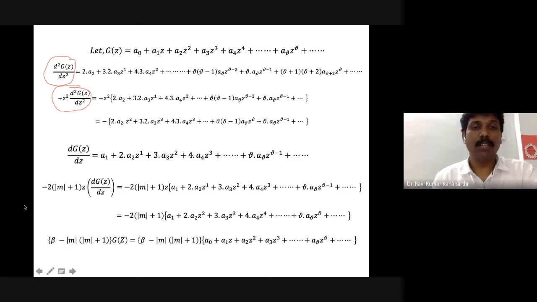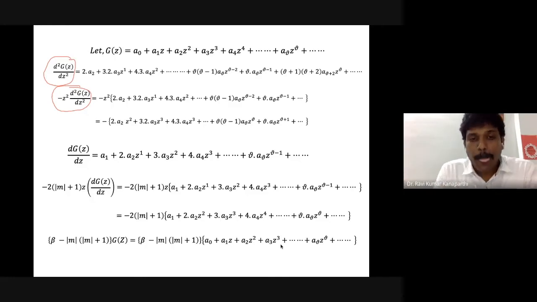Similarly, in the differential equation we have this particular term, right? That is already here, and then this is the one. So you have to take the linear combination of these three terms, okay? Then that will give on the left hand side the differential equation. On the right hand side you would get these infinite power series.